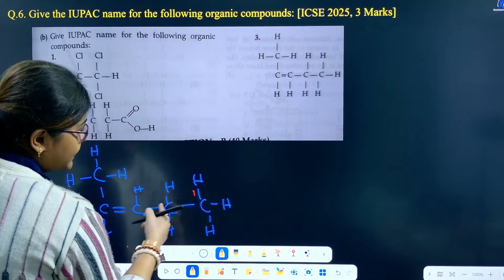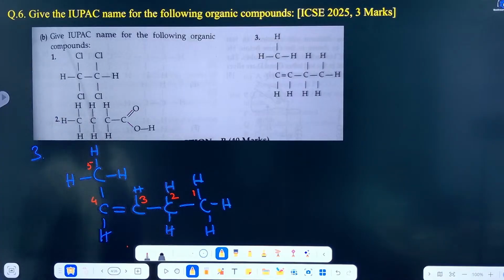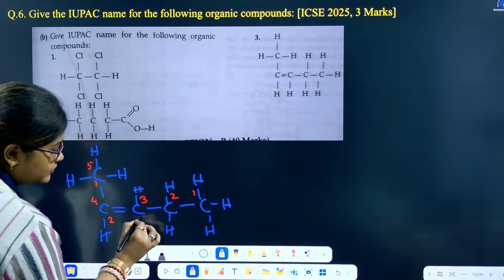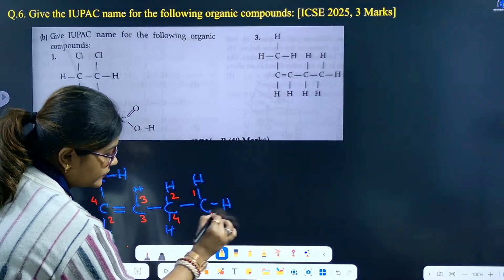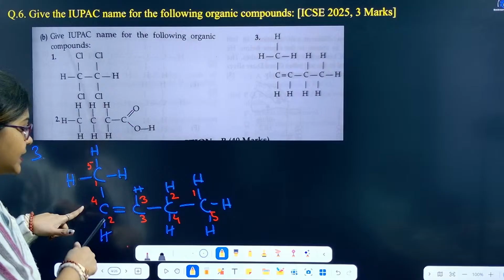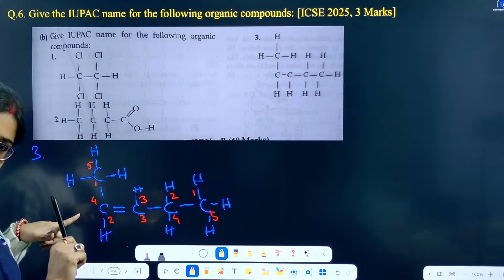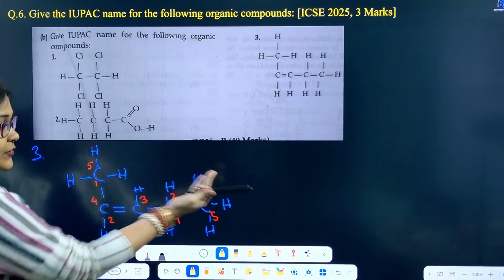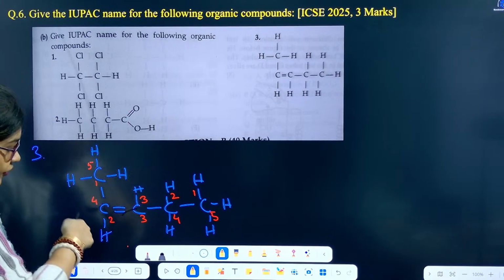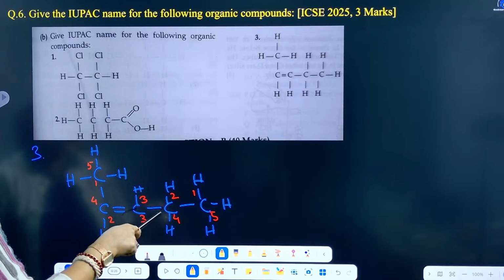See, if I start naming from this side, 1, 2, 3, 4, 5. Okay. But if I start naming from the other side, 1, 2, 3, 4, 5. Which will be the correct way of naming? Whenever the double bond should have the lowest number, right? So if I name it from the right hand side, you see the number is coming 3. But if I name it from the left hand side, it is coming to 2. So the correct nomenclature will be